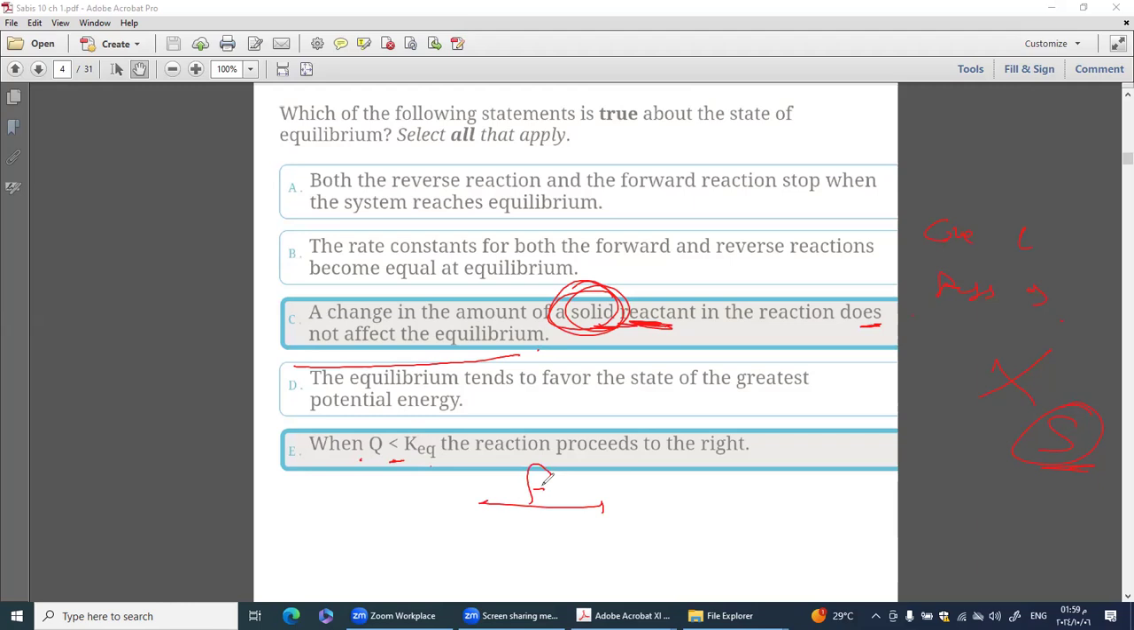I don't understand the last one. Okay, wait for a moment. What's meant by Q? Concentration. Again, concentration. Q refers to